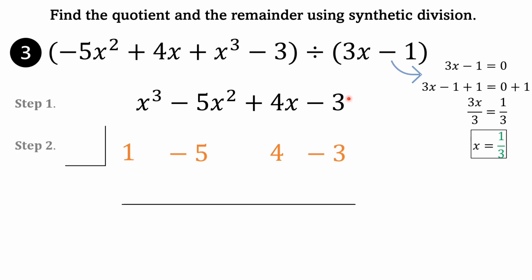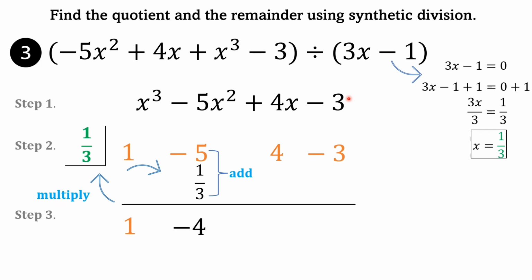1/3, place it on the first row with an indicator aligned with the coefficients of the dividend. That's step 2. Then for step 3, bring down 1, the leading coefficient, multiply it with 1/3, and their product, write it under negative 5, then add them,